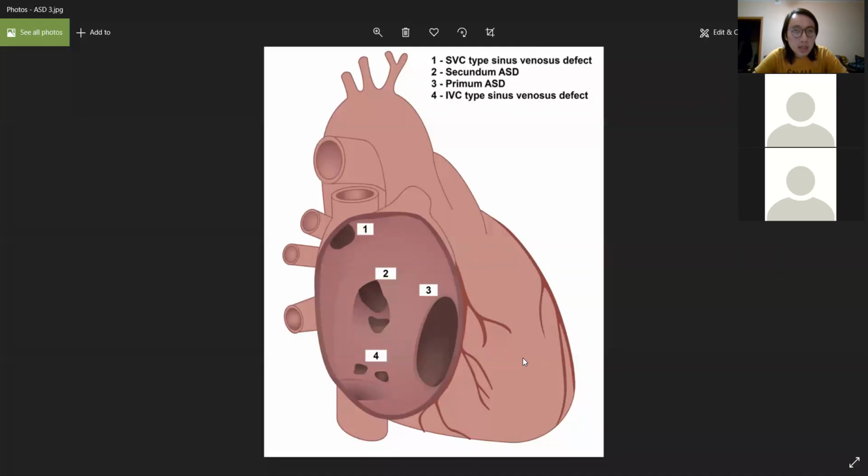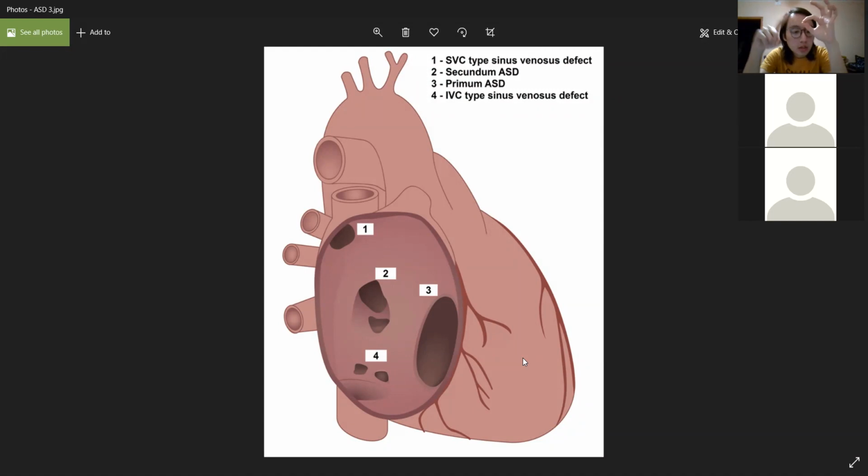The localization can be almost the same. You can see that, let's say, a third of the defect is in either one of the compartments, whether the ventricle or the atrium. So that is why the name